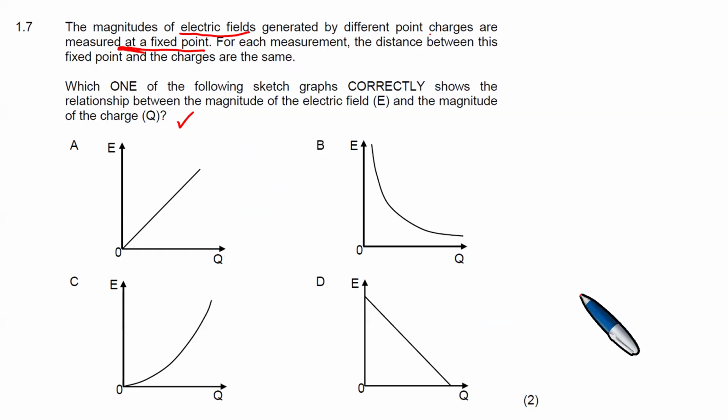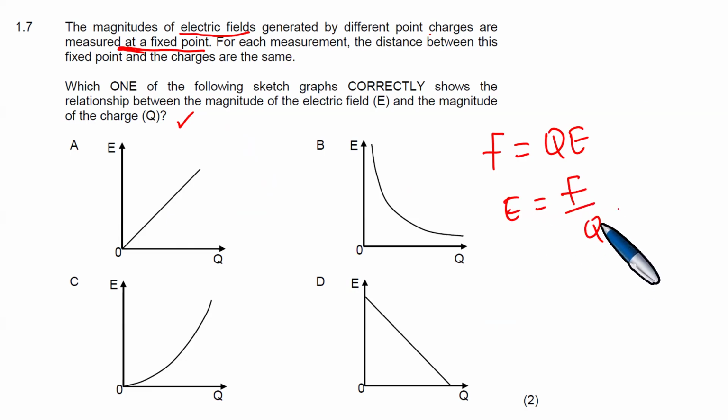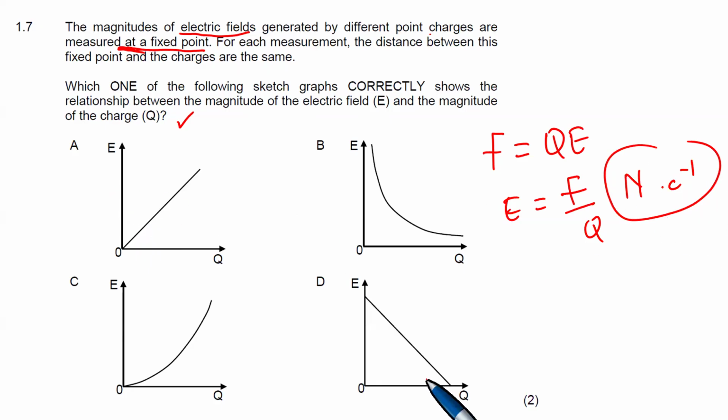Let's look at this. Right, F equals QE. E equals F over Q. And then the electric field strength, because we're speaking about the electric field, is measured therefore in newtons per coulomb. So now, if you want to look at the relationship between E and Q in the 1.7,